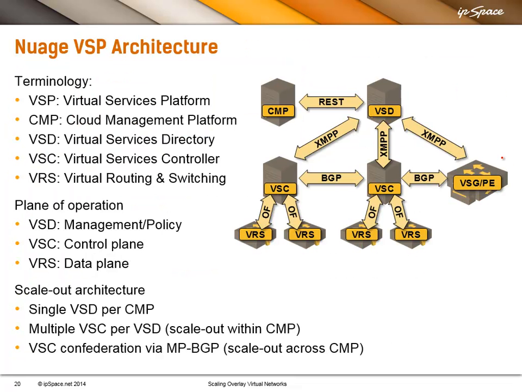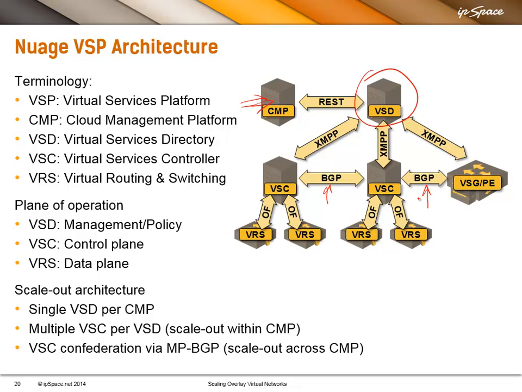Nuage, for example, has an interesting architecture where obviously on the top you have the cloud management platform, and then you would have the policy engine called Virtual Services Directory. The policy engine would be more or less centralized and co-resident with the cloud management platform. But the network controllers called Virtual Services Controllers can be spread out and they talk and exchange reachability information through